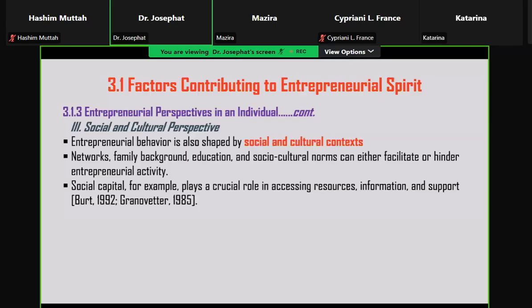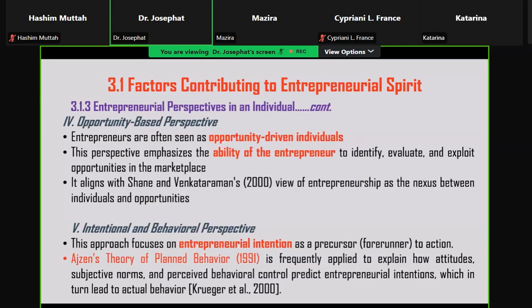So we talk about those issues and the likes ambazo zinaweza kumsababisha that individual to create that entrepreneurial intention. So this is what we have been discussing here about the social and cultural perspectives, the second element under the entrepreneurial perspectives in an individual. That's the third one. The fourth one is about opportunity-based perspectives. And opportunity-based perspectives